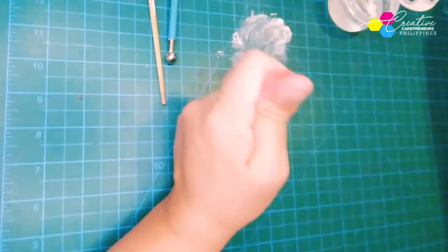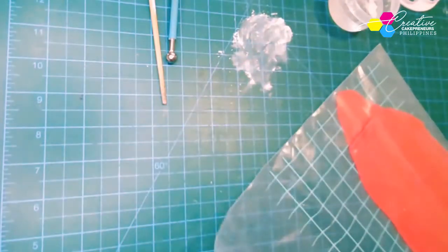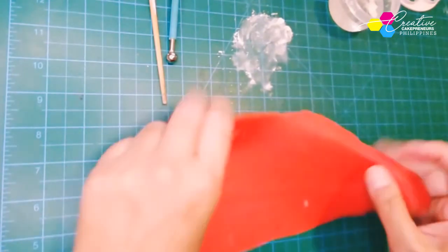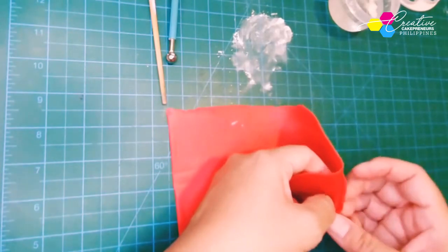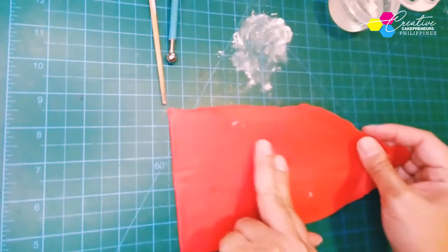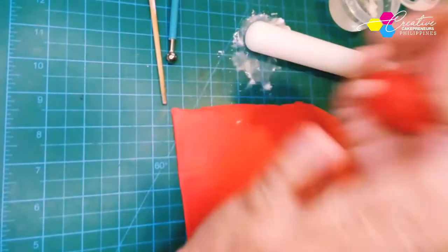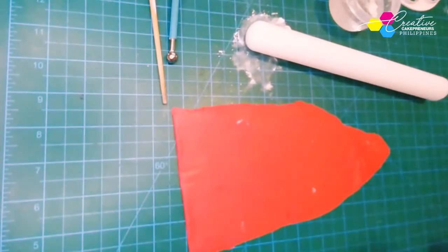So generally, what I do with my petals is if I want it thin, if you have a KitchenAid mixer, and you can have an attachment for the pasta maker, that should be great. And if you have that, then I would go to number 6, maybe as a beginner, and number 7 if you're quite adventurous. So here, I already prepared this. Whatever gum paste you're not using, make sure that you keep it in a Ziploc bag. I always make sure that they're